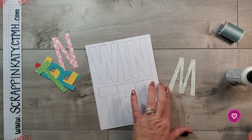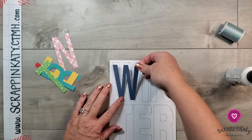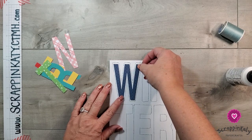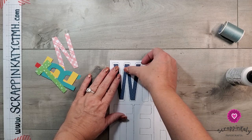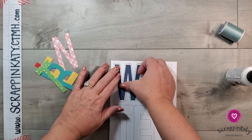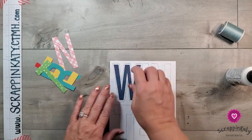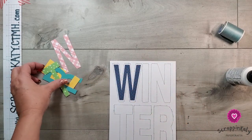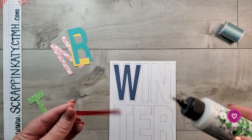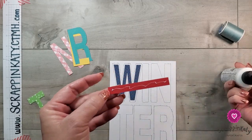And I love that this cut file has both elements. So I did shrink it down again. I am doing a 6x8 album. I'm hoping to use the majority of these layouts for these Confessions of a Paper Addict cut files. I'm hoping to do the majority of them for my December daily, which is just kind of going to be